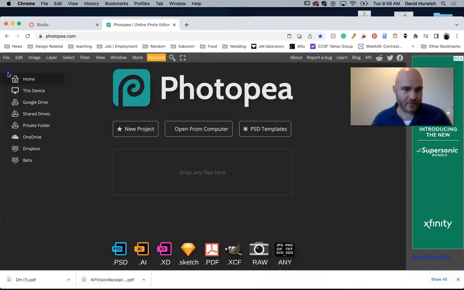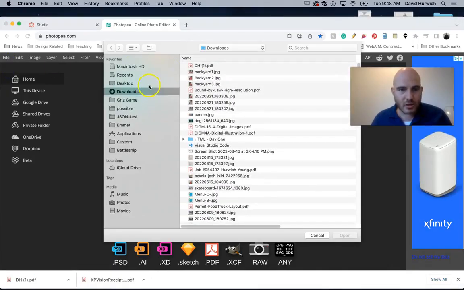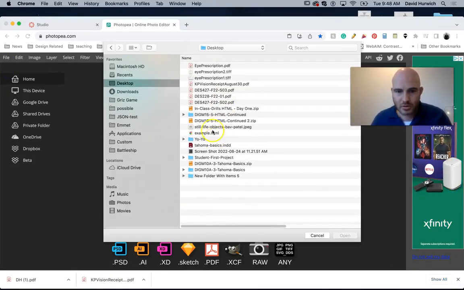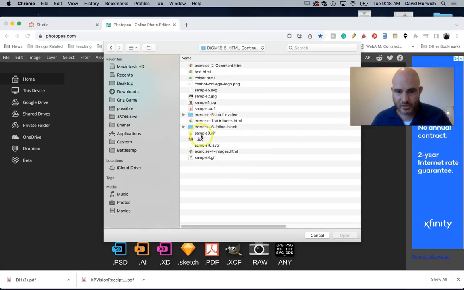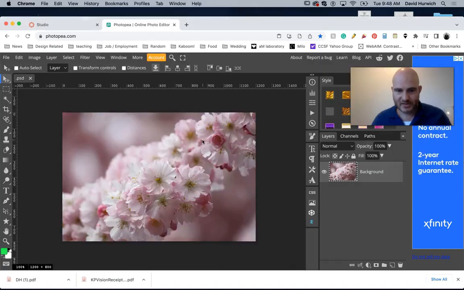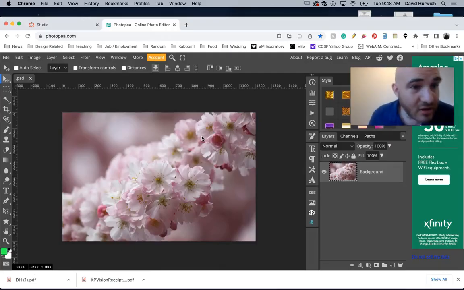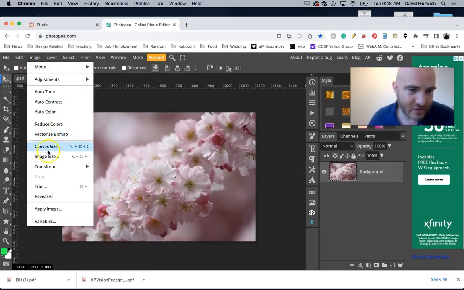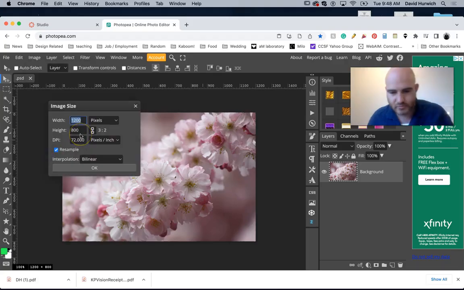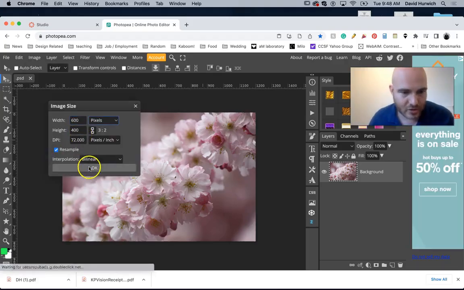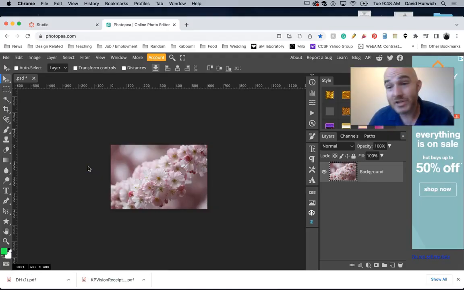So I'm going to open up flowers.jpg, which I accidentally undid its name, but we'll fix that. What I'm going to do here is just resize it. Let's make it 600 by 400. Hit OK. And just to play around with it a little bit, just to show you,